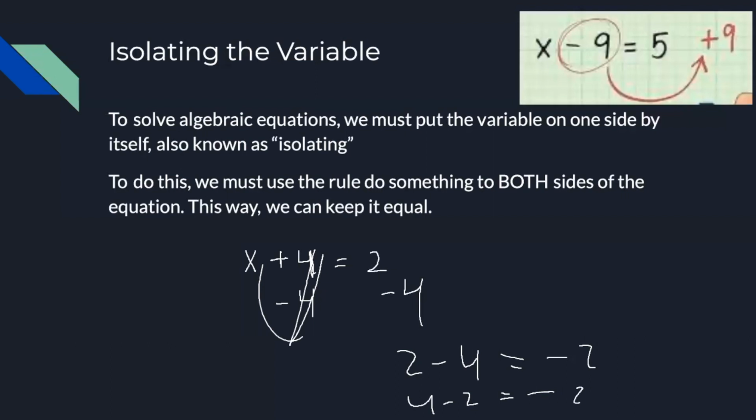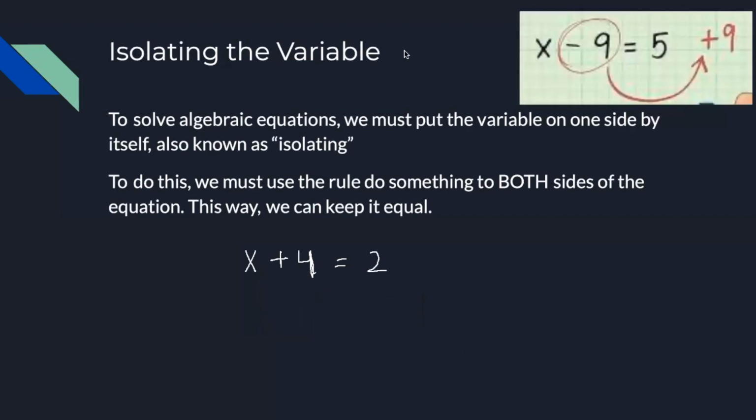So for those of you who answered 2, you can always double check your answer, right? So think about it a little bit more. If we plug 2 back in, we get 2 plus 4 equals 2. That doesn't make sense, right? Because we get 6 equals 2, and this doesn't make any sense, all right? Okay, so good job, everyone. So that is